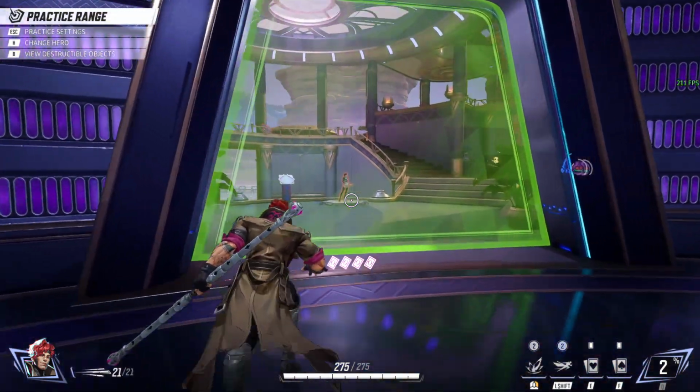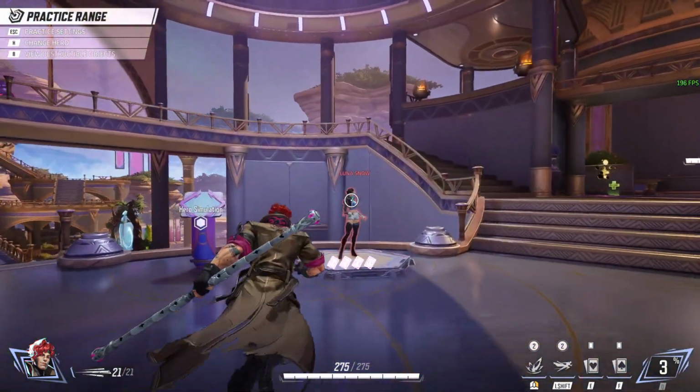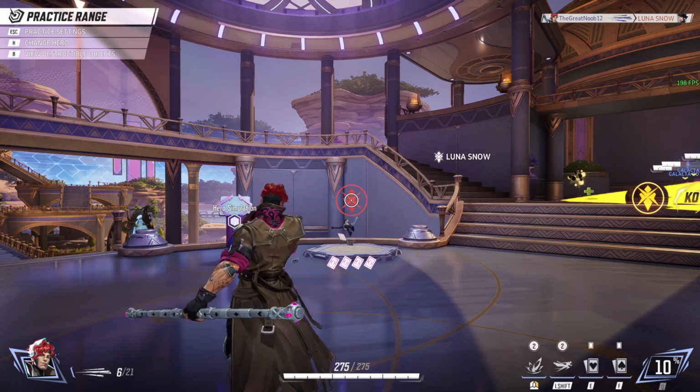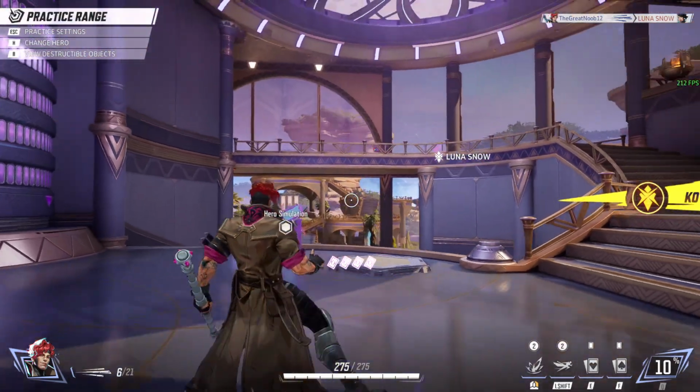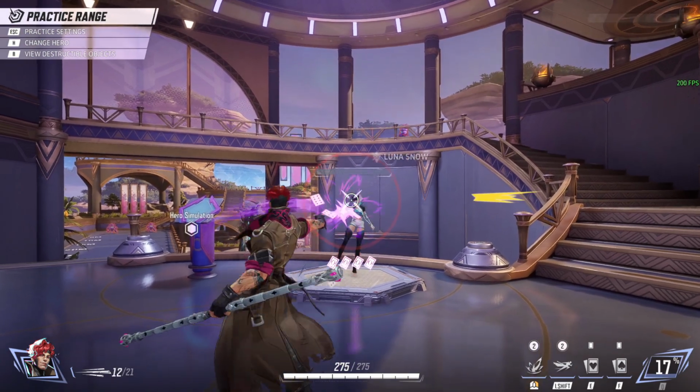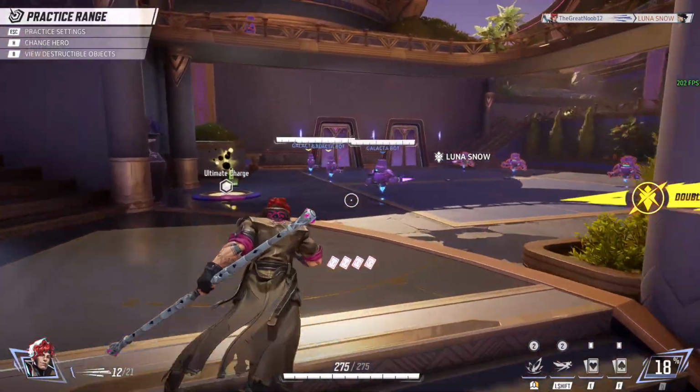Gambit is the newest strategist in Marvel Rivals. His primary attack consists of throwing 3 cards. He has 21 shots, and each attack consumes 3 cards. This means that you essentially get 7 shots before you have to reload, which is weird because it's cards, but